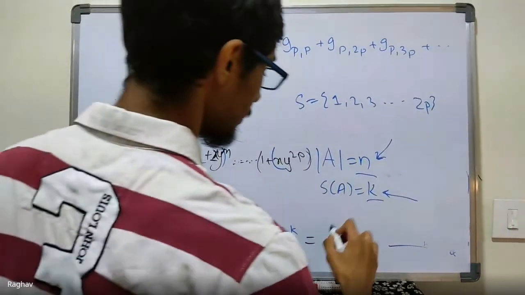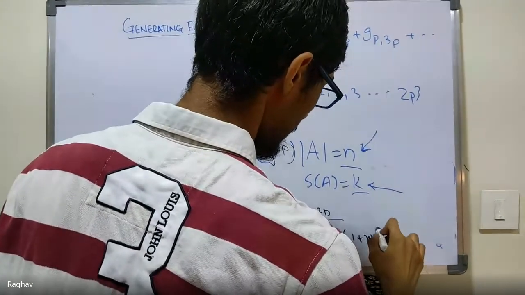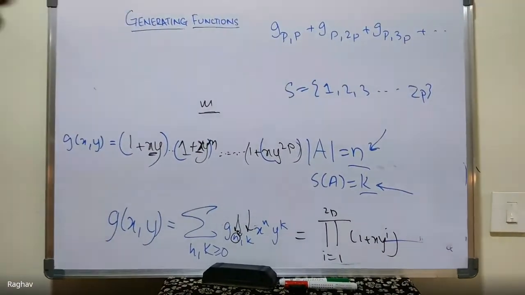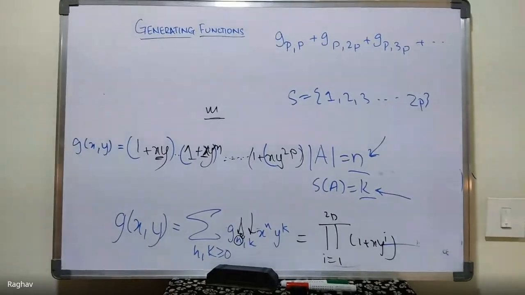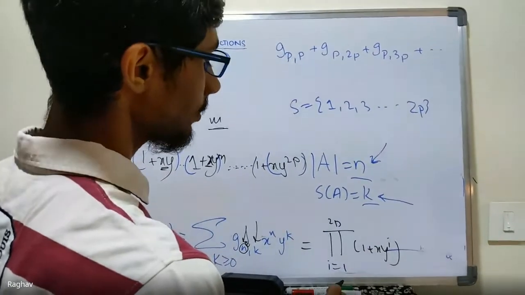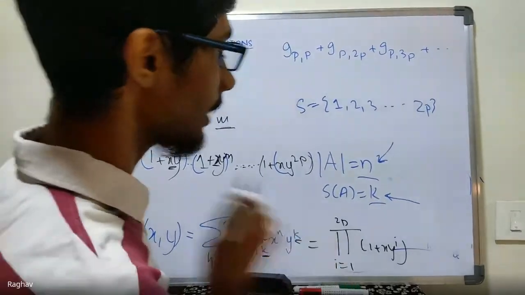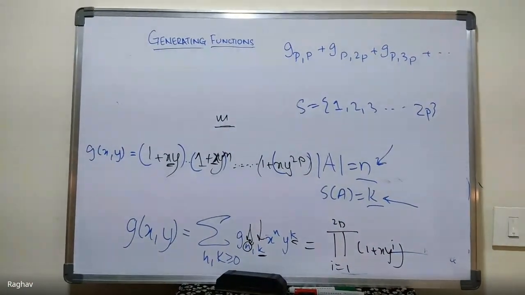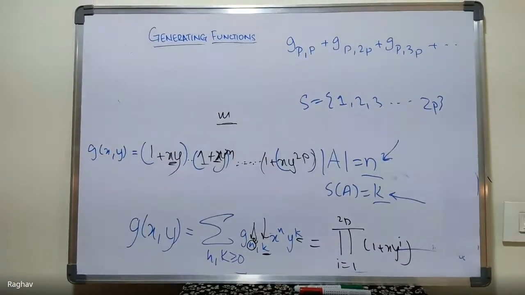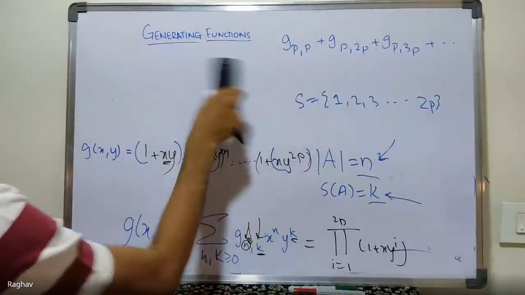So now we just have this. Now we want g(p, p) plus g(p, 2p) and so on. So basically, you want n equals p. First of all, you want x to the p of this, and you want the power of y, which is k, to be a multiple of p. So here's where the roots of unity filter comes in. Are people comfortable with that? They said we could move on. I didn't cover that. Assume yes.